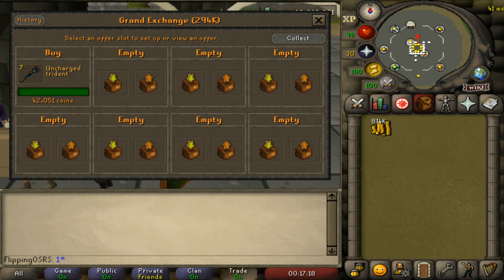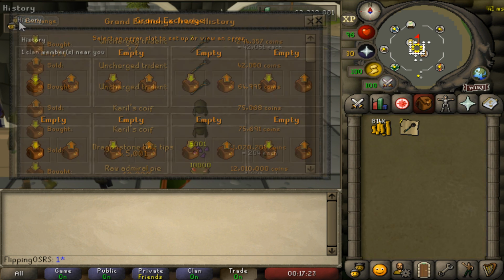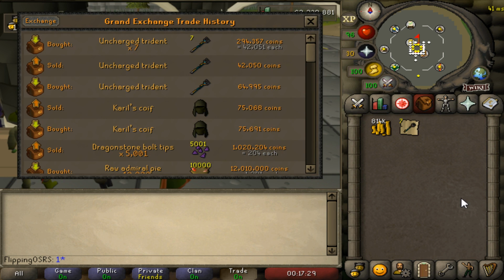Well, there we go, we already bought the Uncharged Tridents for 42k, so we're going to go ahead and claim that offer. Keeping in mind that I am undercutting once again, I would definitely recommend doing it on high margin items. There's no excuse not to. That is your item until you're done with it. People may not like me for that, but the reality is it's going to take so much longer if you don't undercut. So anyway, we bought it for 42,000 and now we're going to sell it for